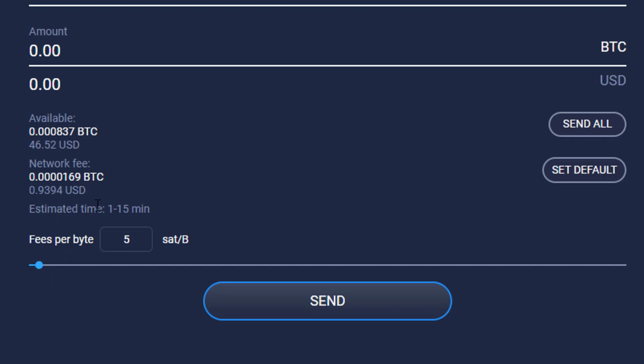Now that makes a lot of sense. The reason we did that is we need to know how much BTC we're going to be able to send. So this says based on these parameters here, we can send 0.000837. Now I want to give a little cushion in case things changed here. So I'm going to do 0.0008. That's what I'm going to send in. I needed to get this first before I initiate the exchange with Change Now.